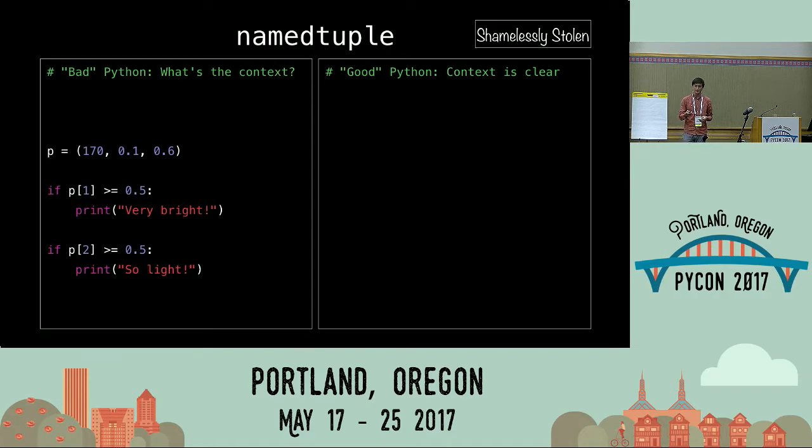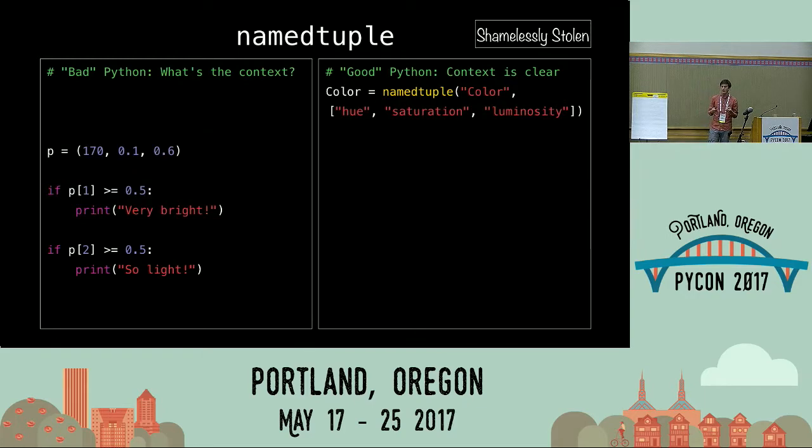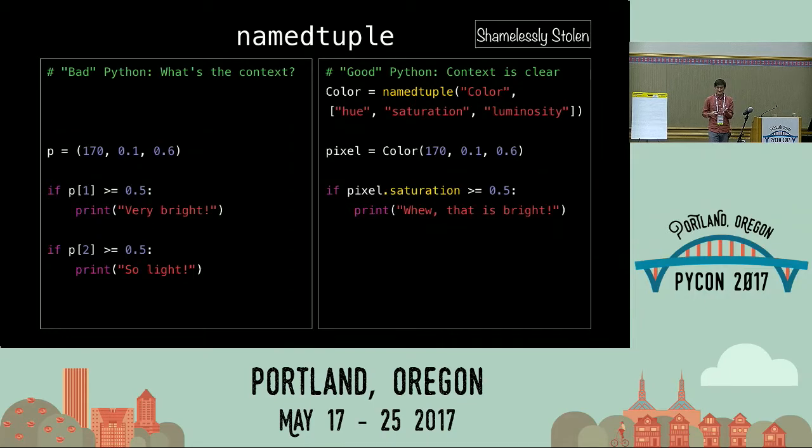Absolutely. It is the intensity of pixels. We have one person in the audience taking a lovely guess. I think this is to say this is not super clear. You're right. But the context is much clearer if we can annotate our tuples. Named tuple is a stylistic update, at the cost of some performance and memory, that lets us take some pixel and make it a color subclass of tuple. This lets us access the saturation and the luminosity. And now if I ask you to read what's on the right-hand side of the screen, it's much clearer what the context of this code is.